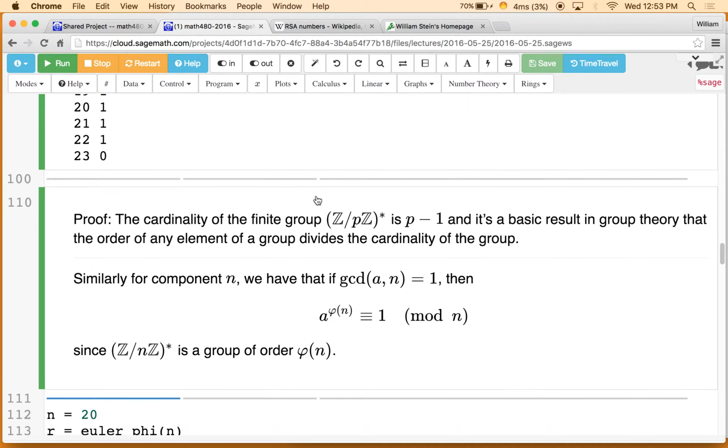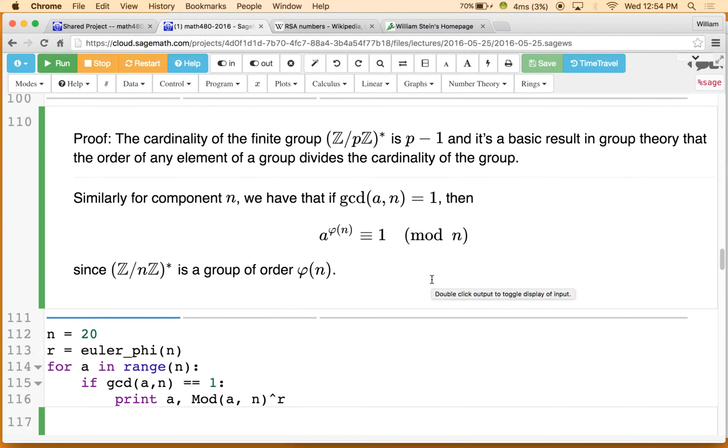Here's a reason why it's true. What we're doing is working in the group Z mod pZ star of numbers between 1 and p minus 1. It's just a finite abelian group. And it's a basic fact in group theory that the order of an element of a finite group divides the order of that group. You can, for example, take the subgroup generated by the element, which is a subgroup of the group,